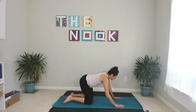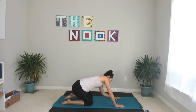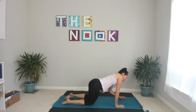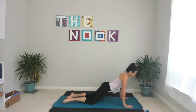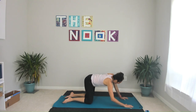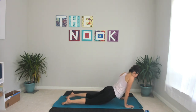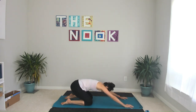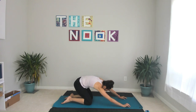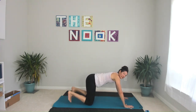Lean into the left, all the way back, maybe even graze your heels. And then to the right, bend your elbows if you need to. I need to walk my hands out because I'm long. Send those hips forward and over to the left. Reverse the direction. Come back to the center, over to the right, back, maybe through that child's pose, and left, and then press all 10 fingers down, tuck your toes under, and